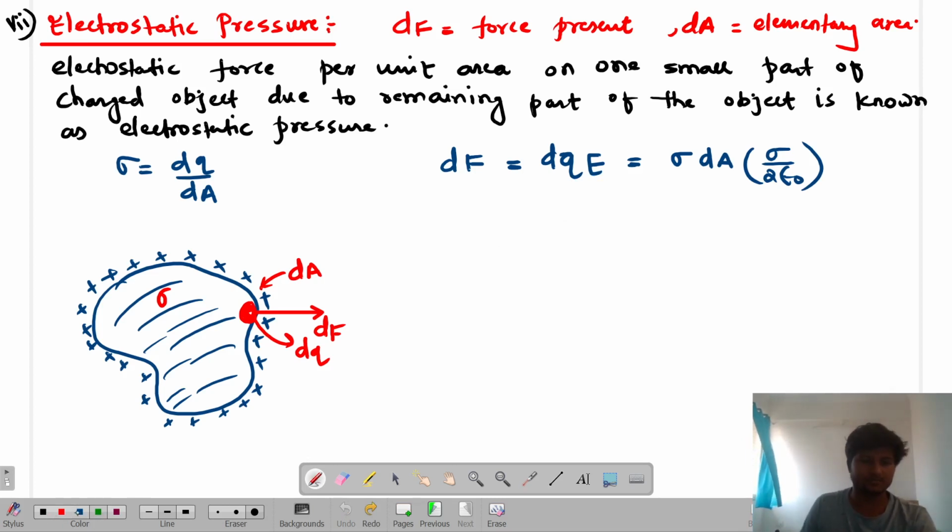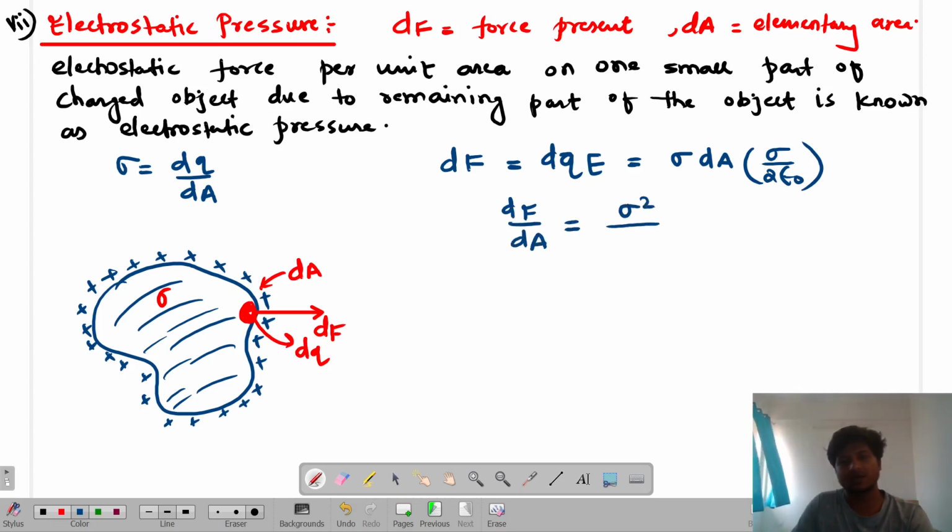Now that means I can write dF by dA as sigma square by 2 epsilon naught. But what is dF by dA? It is called pressure, isn't it? So therefore, electrostatic pressure,